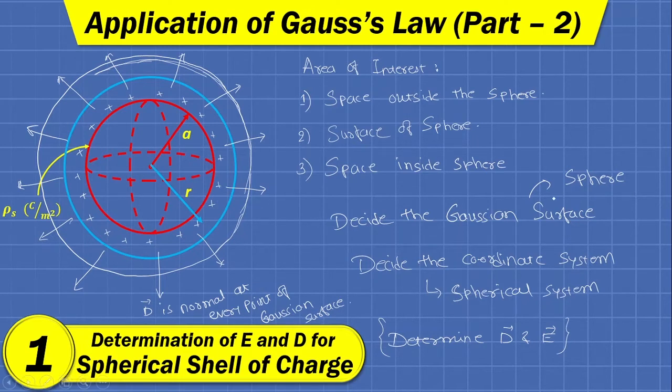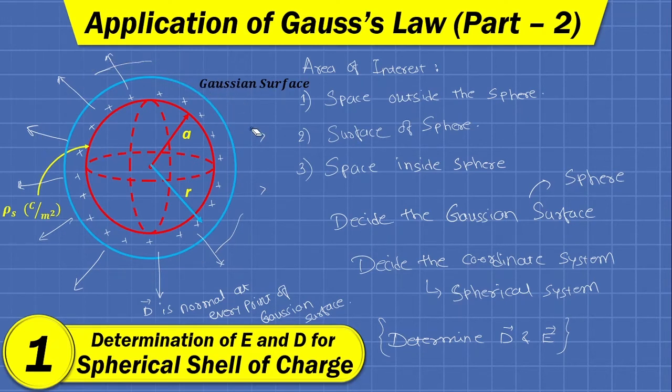All these things are just repeating, but we will proceed step by step very clearly. Now we are going to imagine a Gaussian surface with radius r. As you can see, this blue surface is a Gaussian surface with some radius r, and there is a differential surface ds bar in the direction of the radius.